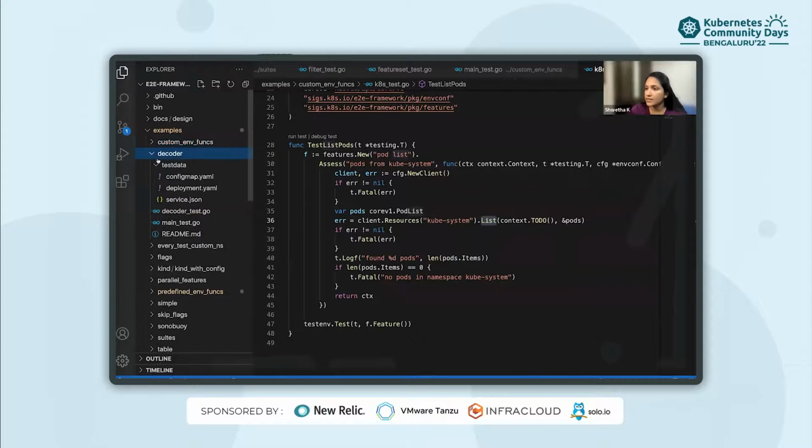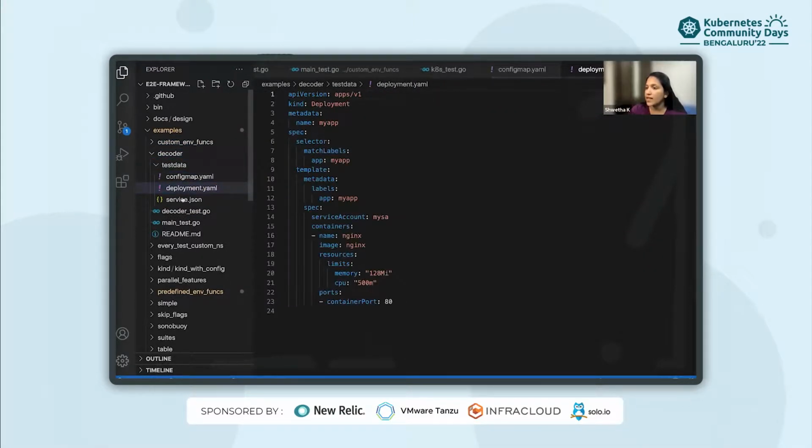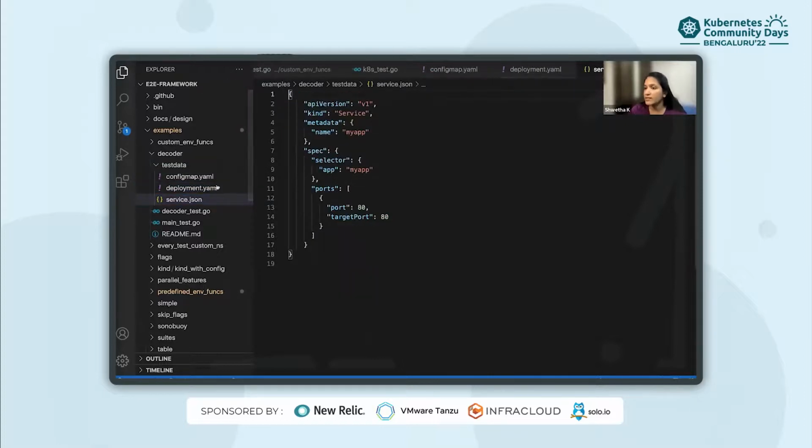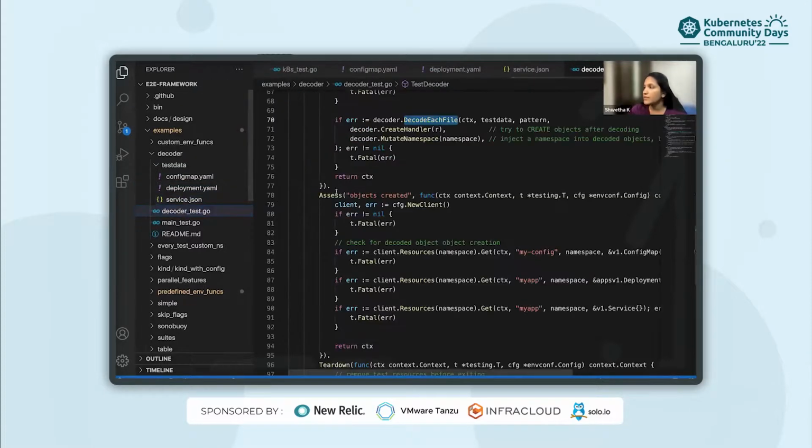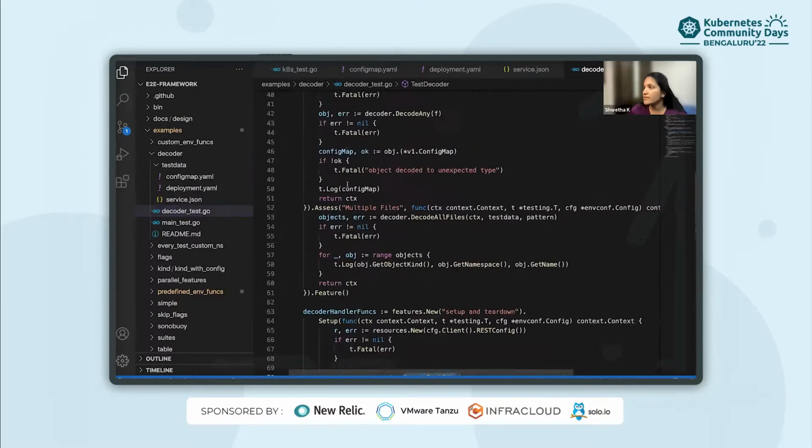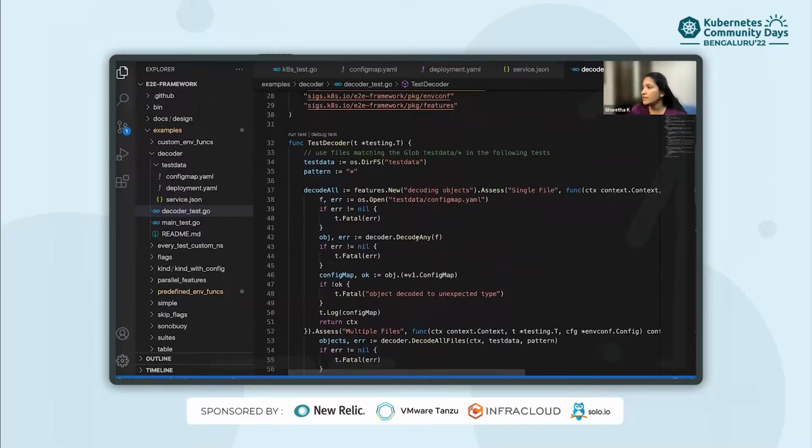Let's see Decoder. If you see here, we have YAML files and even JSON files. In the decoder test.go, you can see that using decode any, you can decode any single file.